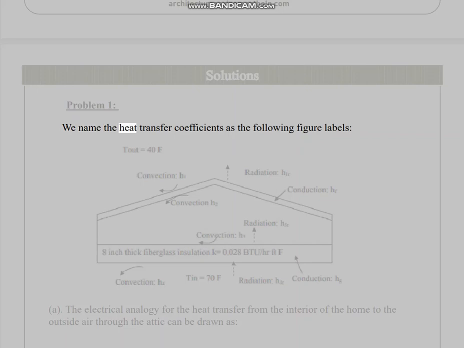Problem 1. We name the heat transfer coefficients as the following figure labels. A. The electrical analogy for the heat transfer from the interior of the home to the outside air through the attic can be drawn as